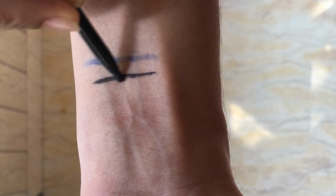Next comes the kajal. I'm not really someone who uses kajal, but if you're going to pay 775 for a kajal pencil, then it better be bomb. The choice is yours. There are other kajals in the market that give you a better payoff, like the Maybelline Colossal. So that's one swipe of the Colossal one right next to the Forest Essentials one, and you can clearly